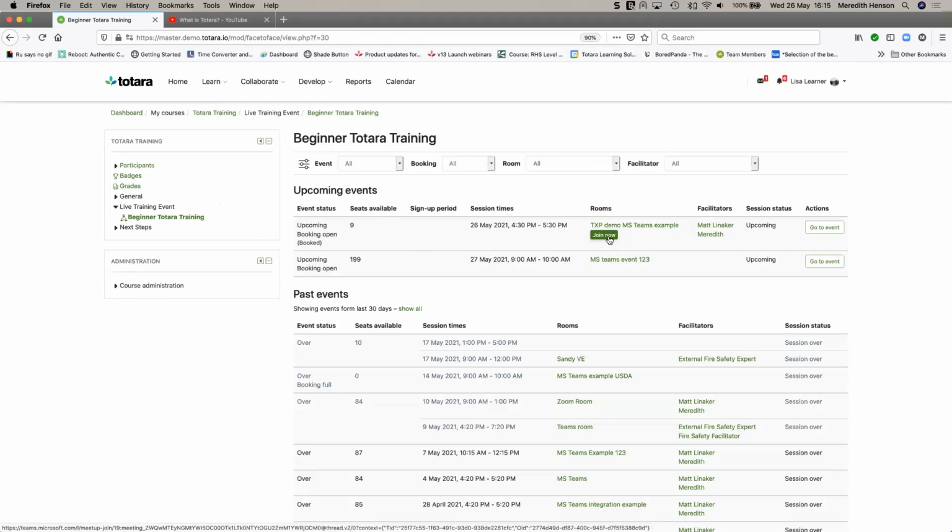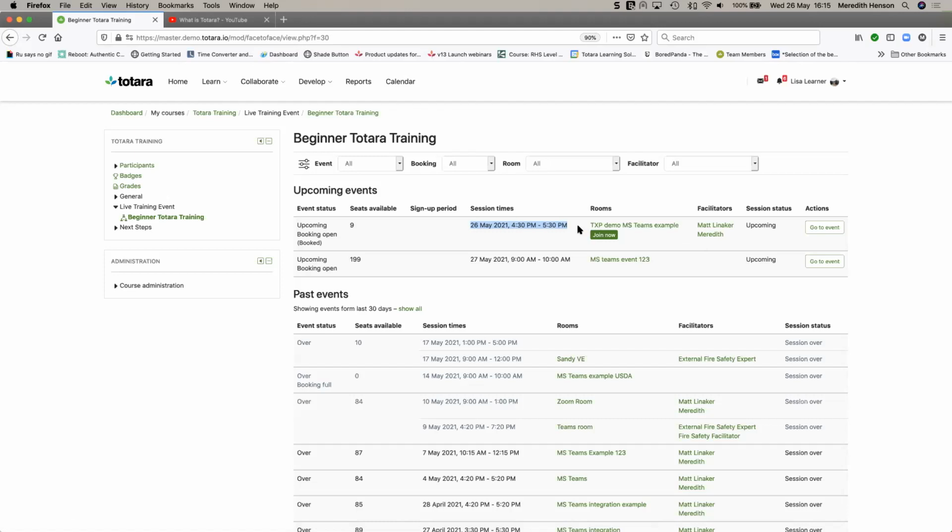And you'll notice as I hover over this Join Now button, because the session has started or about to start, as I hover over it, you'll see at the bottom of my browser here that it goes actually directly to a Teams account. So when I created that event, I said it was a Teams event, did a quick authentication across my Teams installation, and it allowed me to create a corresponding session right now, or in 15 minutes time for this event. Now I can add these virtual rooms.